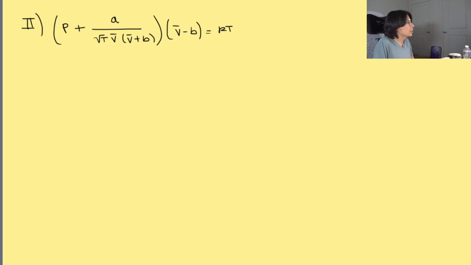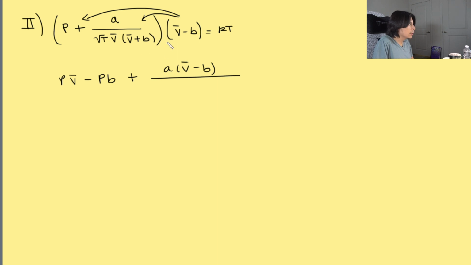When we distribute this term to the P and to this term, it's going to result in PV bar minus PB, then plus A times V bar minus B all over the square root,